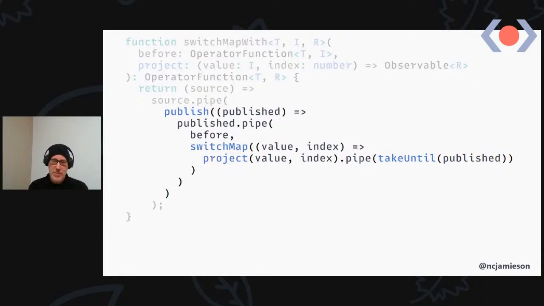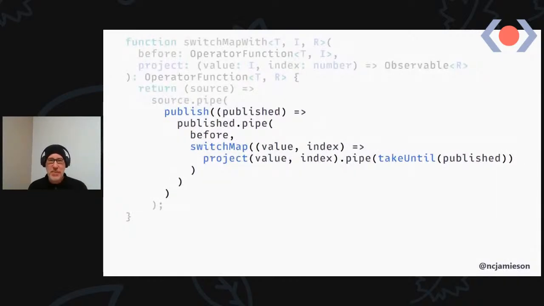So you could write your own debounce time that did this, but by passing in the operator, it allows us to use this same structure, basically publishing the source, inserting the operator before the switch map, and also using the published source with a take until operator to terminate it if a new value is coming in. So the idea is we can pass in any sort of delaying operator where we know as soon as we've received some input, any switch map that is currently pending should be ended. So we can use it with debounce time, we could use it with sample time, we could use it with delay, or we could use it with audit time.